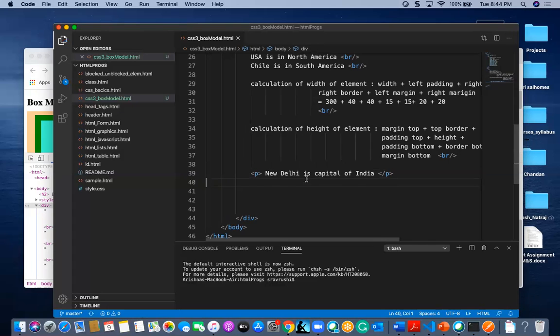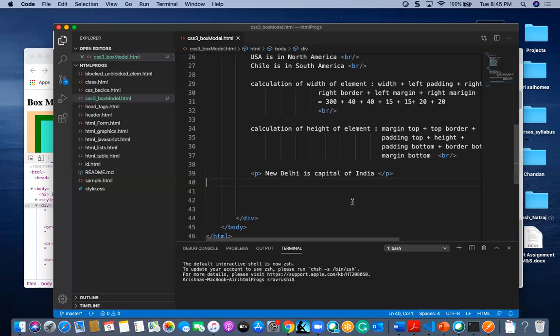For this, I am going to give one style known as outline style. Outline style will give a dotted look. We have dotted, dashed and solid kinds of outlining style.